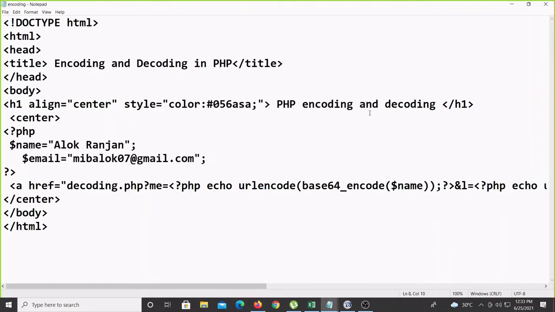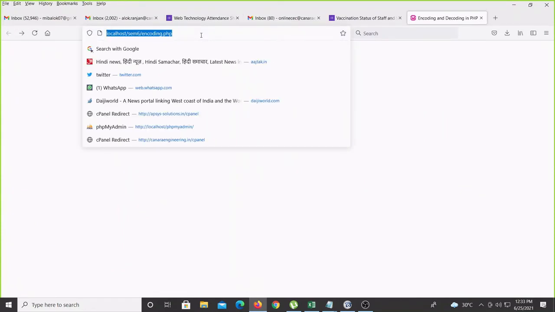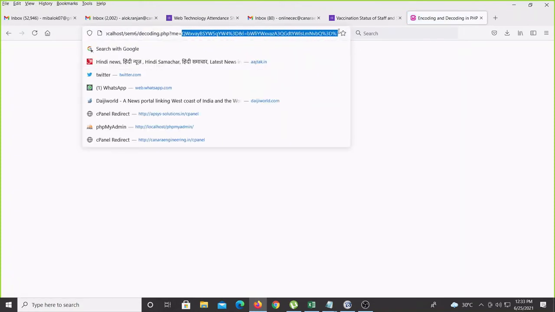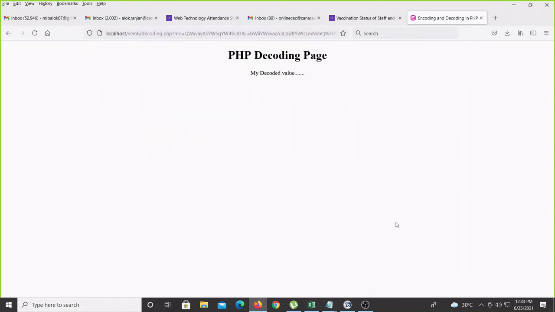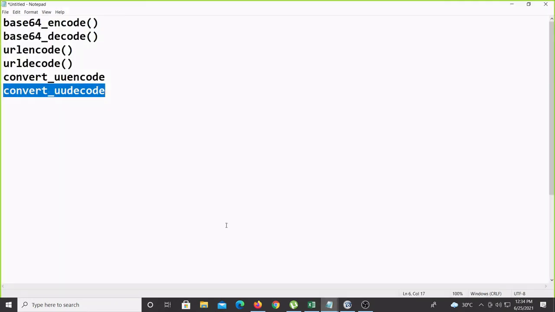Yes, Control S. Now go back, click here. Now you see here more encryption, some percentage and the equal to symbol is also there, right? So in this way you can encrypt. Now same way the third method, what is called convert UU encode, that also if you want you can apply the same way.